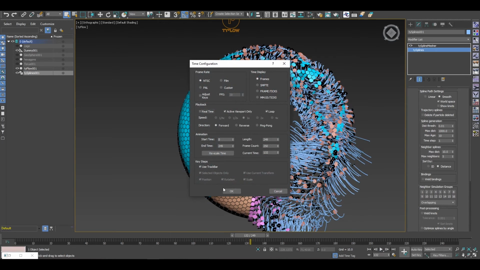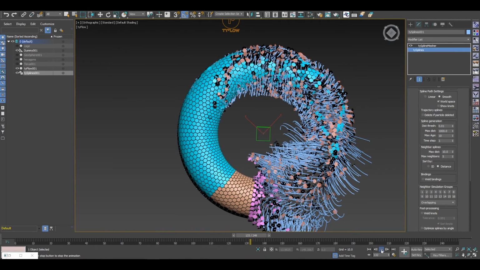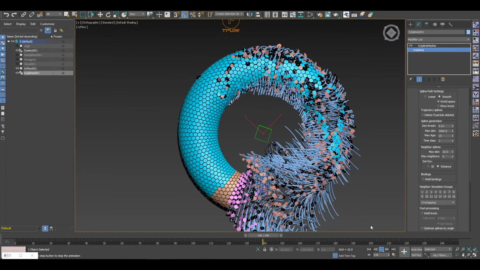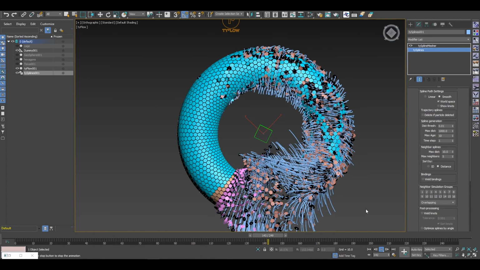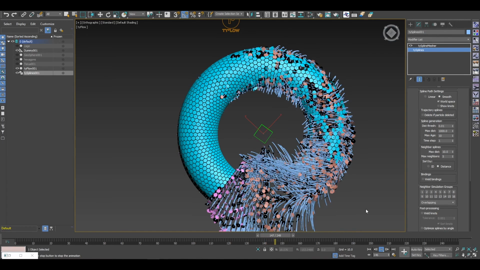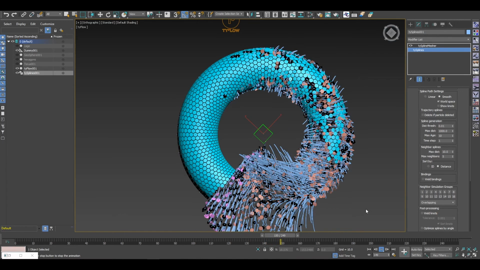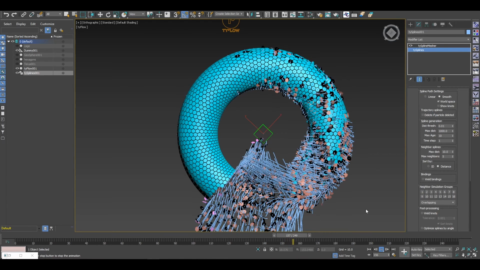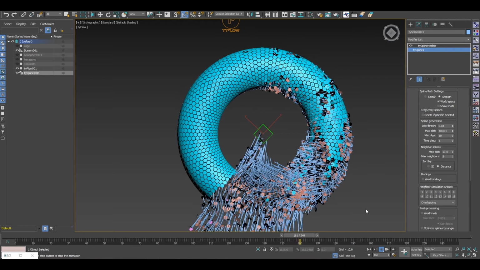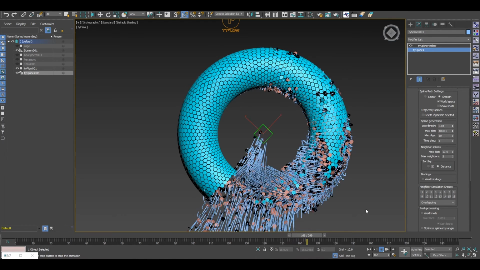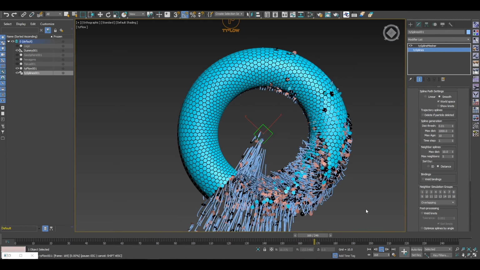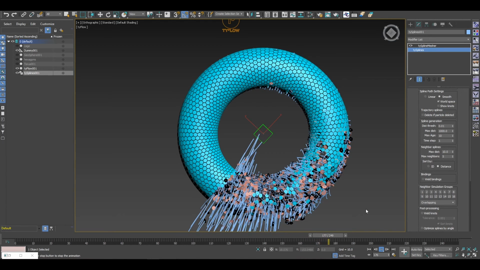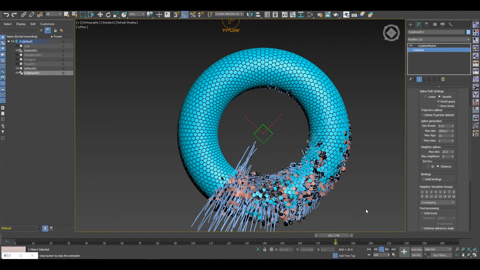I always remove real time. I forgot this time, but I remove real time because I think it's better to simulate frame by frame. And I'd say that's it. As I said, it was quite simple. It's a really nice effect, but the flow itself is quite easy, and you can adjust it as you want. You can lower the speed of the collider, you can add more forces, and